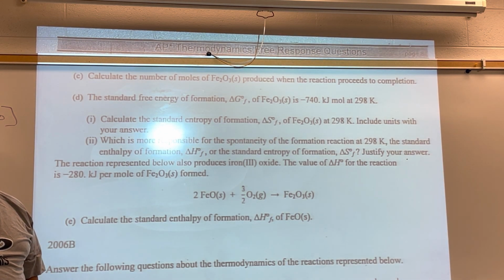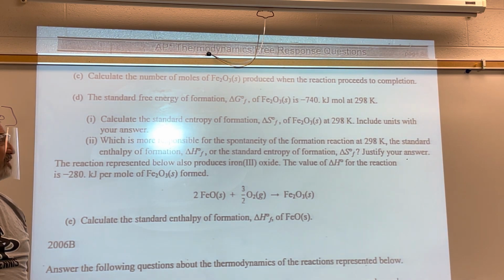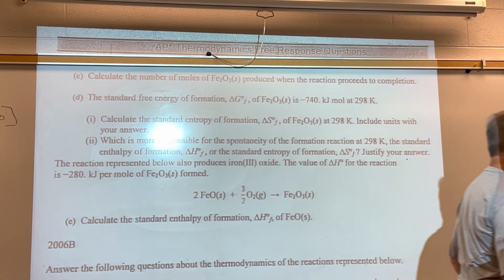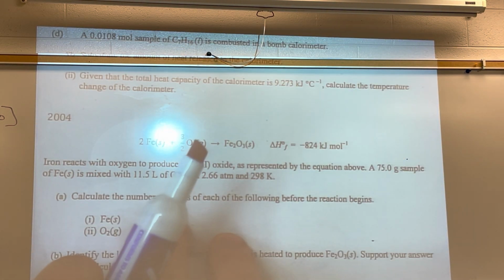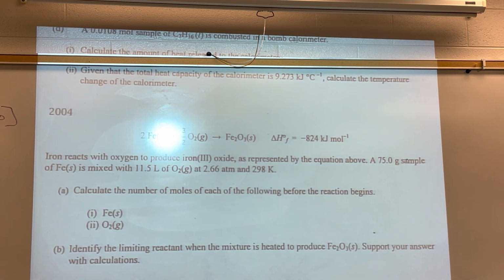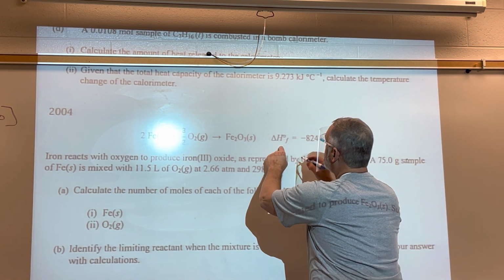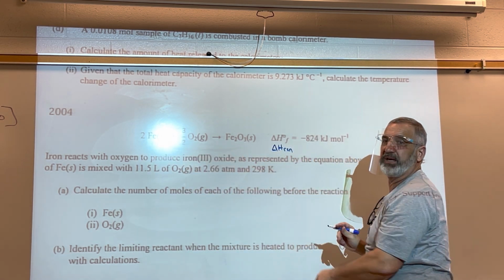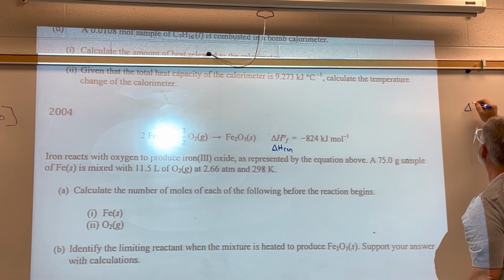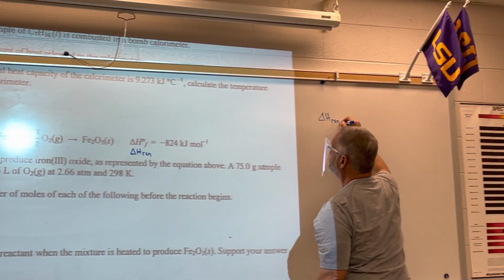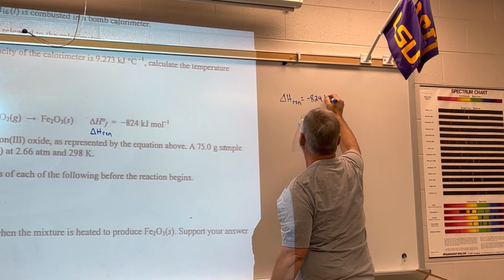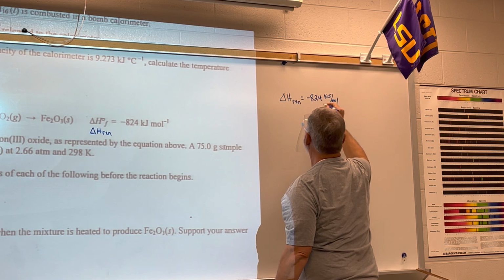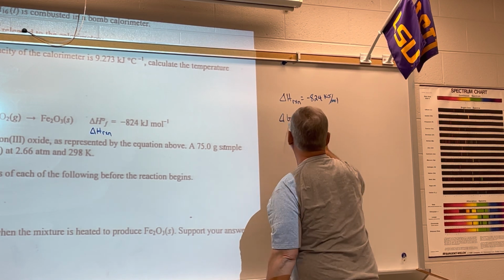Well, you gotta find delta H. Well, no, we don't really have to find delta H, because if you go back and look, delta H is given. This heat of formation is the same as the delta H of the reaction, because it's a formation reaction. So I know that delta H of my reaction is equal to negative 824 kilojoules per mole. I know delta G now is given as